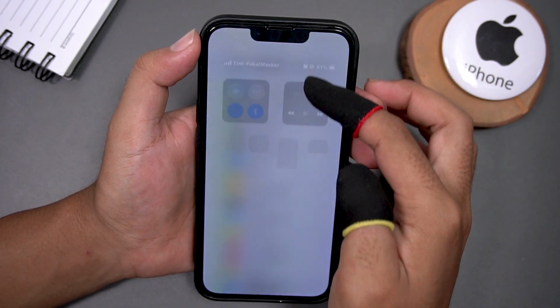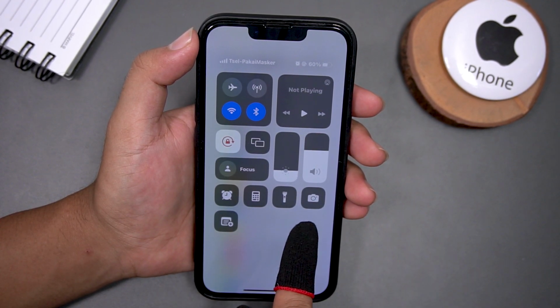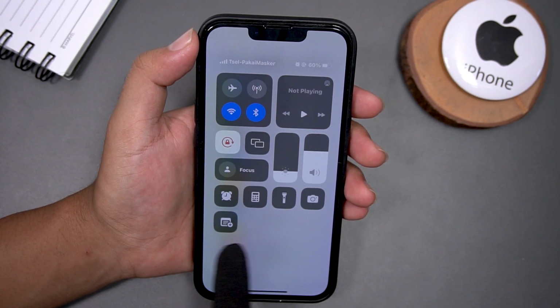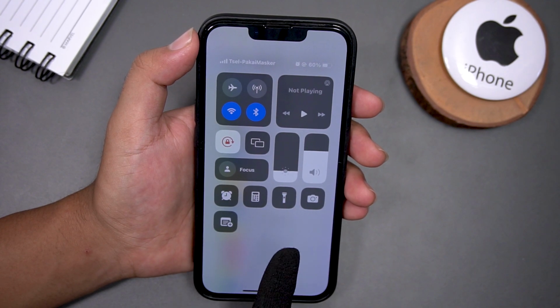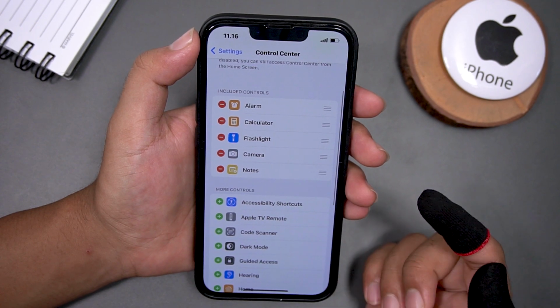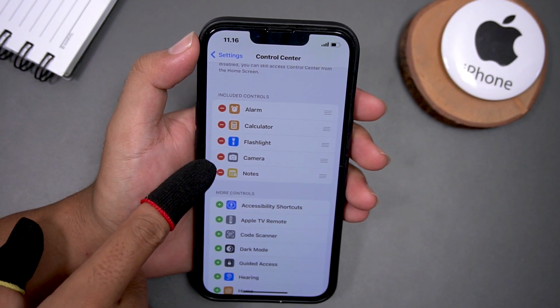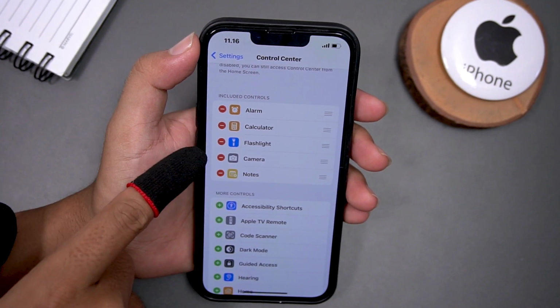Let's check on the top. You can see, right? There are new features based on our selection. We can also remove features by deleting or removing them from the Included Controls group here. For example, I'm going to remove note.